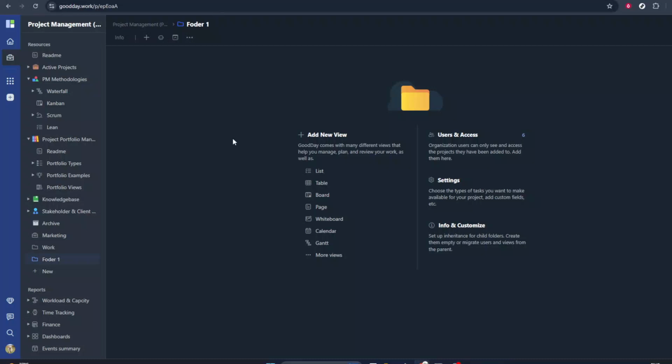In today's video, I'm going to teach you how to create recurring tasks in Goodday. Setting up recurring tasks is a great way to save time and make sure important work never slips through the cracks. Instead of manually recreating the same task every day, week, or month, you can let Goodday handle it automatically